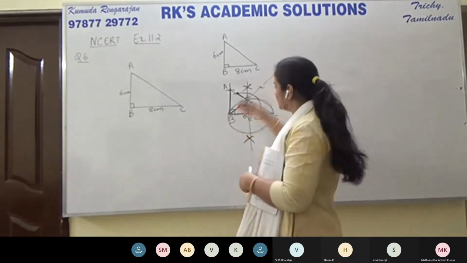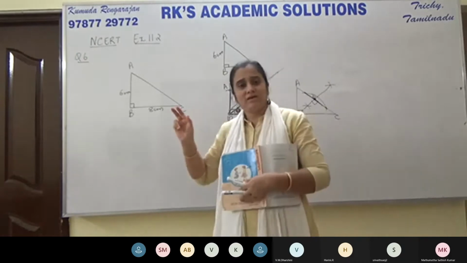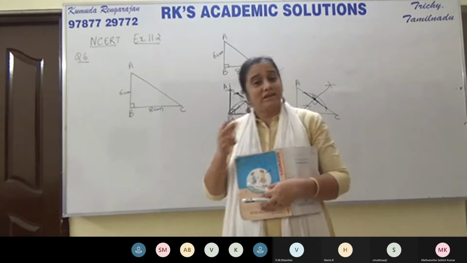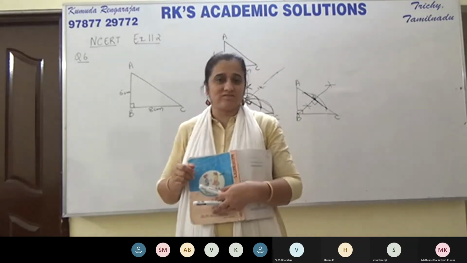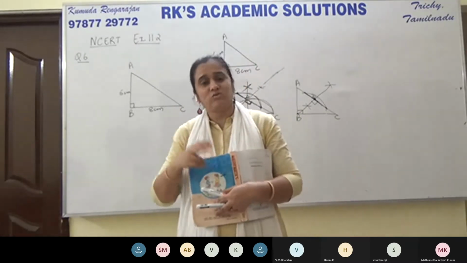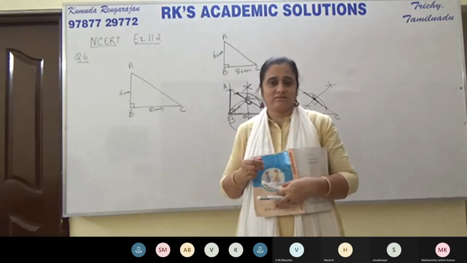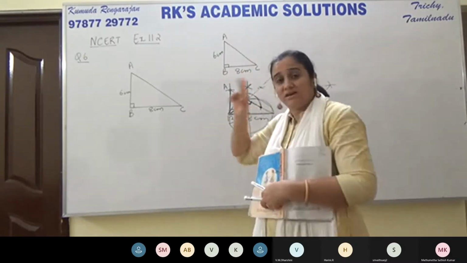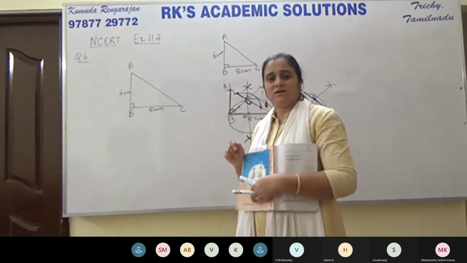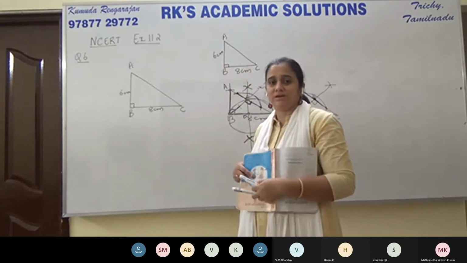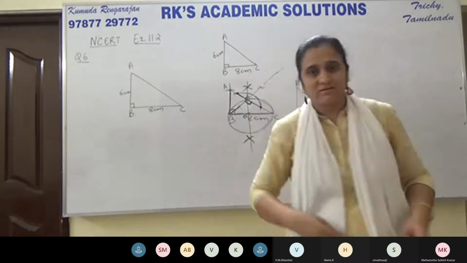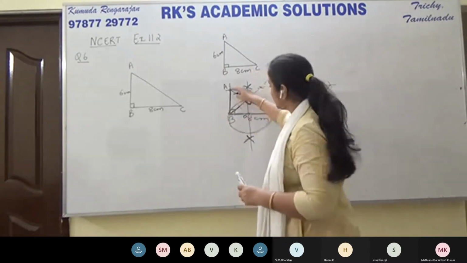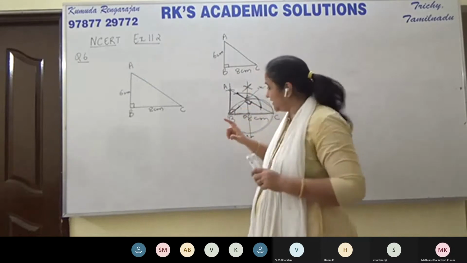You're revising. So now from A, we have one tangent, AB. What was I telling you? From an external point, we can draw two tangents to the circle, and we know that these two tangents will be equal in length. So if AB is 6 centimeters, the other tangent also will measure 6 centimeters. Tangent is a line; the tangent segment we are talking about. So this tangent segment from A measures 6 centimeters.